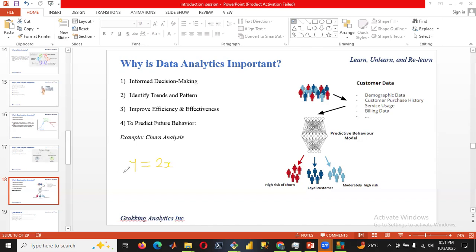So here what you have is an algorithm. You can actually write this mathematical equation as a program. So every time x is 1, that will be 2 times 1, y now becomes 2. If x is 2, that means y becomes 4. So in terms of predicting the future, anytime you now have x to be maybe 3, already this algorithm